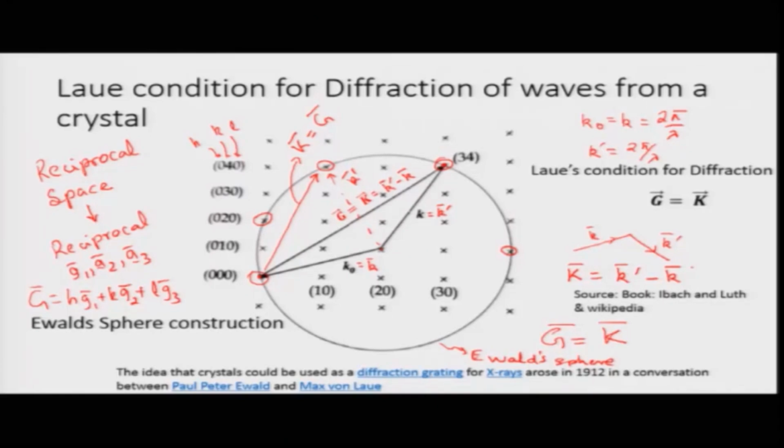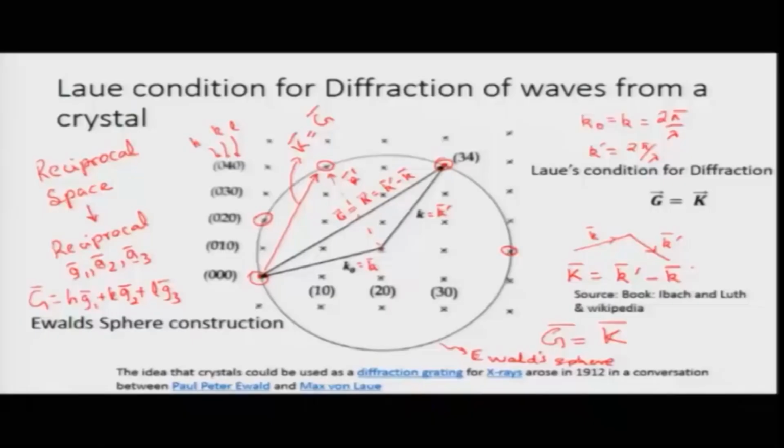So, these are the different points which will start generating a diffraction pattern. So, when you come in with an incident beam of light, you will get a collection of spots, bright spots in your screen, and that corresponds to these points on the reciprocal lattice which are satisfying this condition,